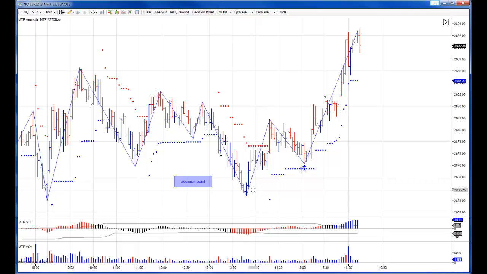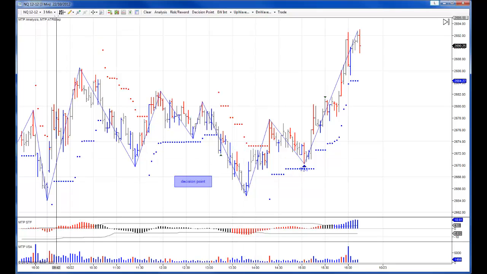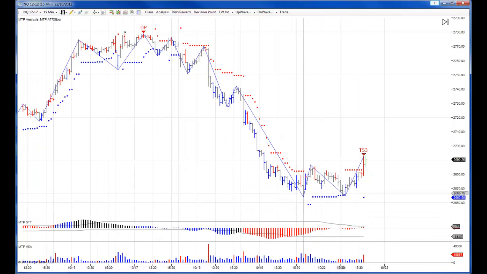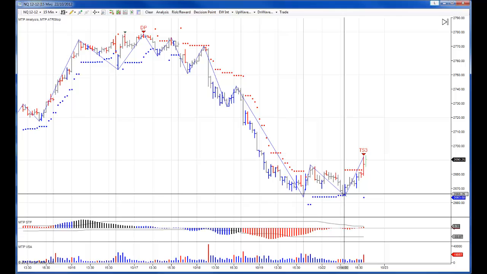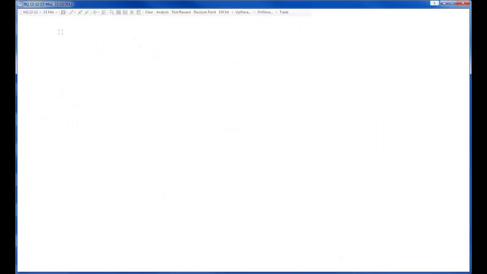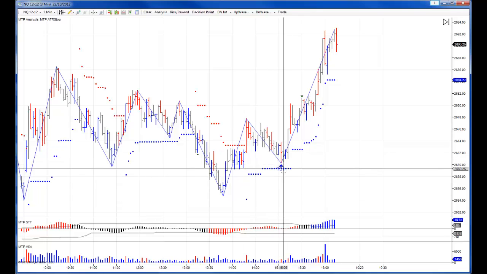Do you see how that's important? That this low here was not necessarily a low on the 15-minute chart of the NQ, which I go to. It was actually just a double bottom there. You can see we're double bottoming, but the point being is that the YM and the ES, which are the more important markets, were actually making lows at that level. So therefore we're looking to take trades on the long side, and here we had a beautiful TS1 buy setup